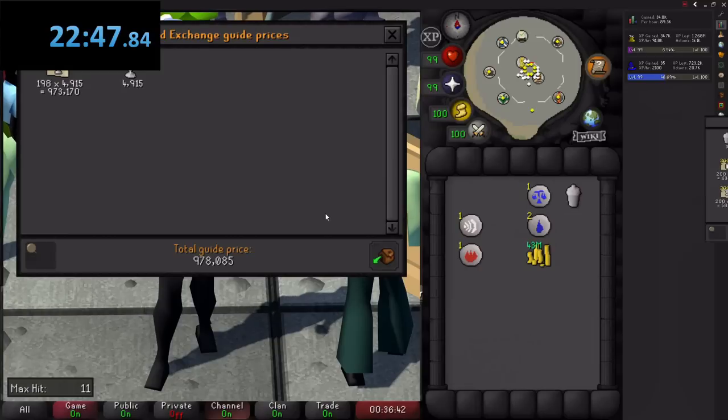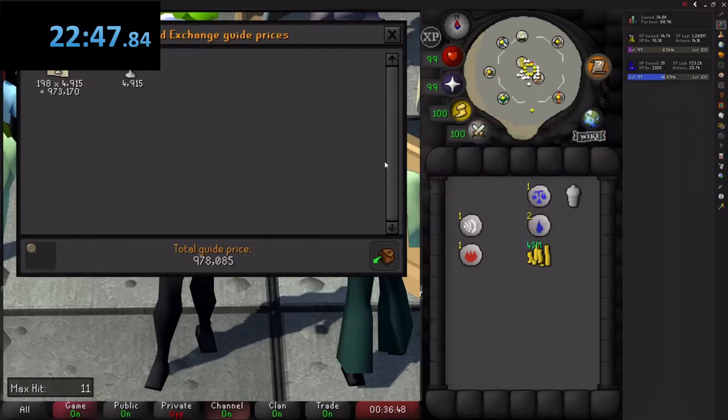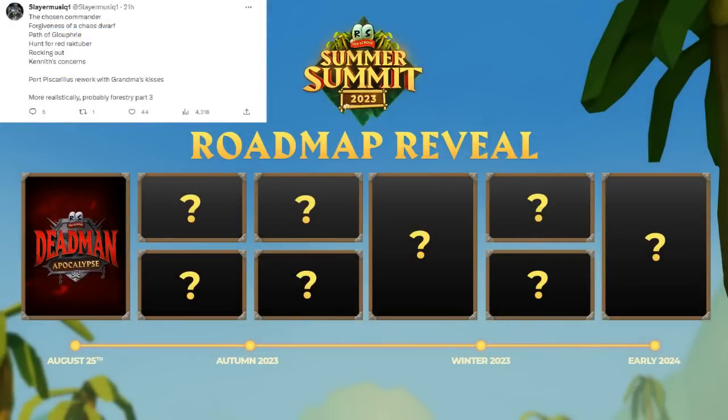The ingredients cost 313,000 GP and the cocktails were worth 978,000 GP, making this method 1.77 million GP and 95,000 XP per hour. What it would have been, apart from my seeing this post by Slay Music about how the